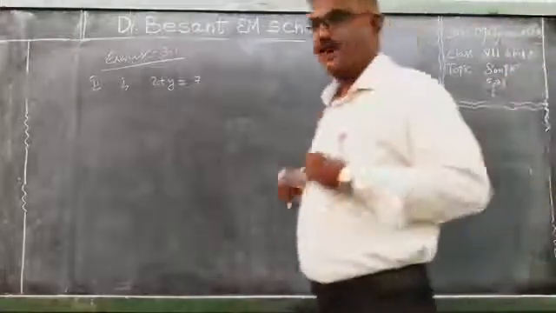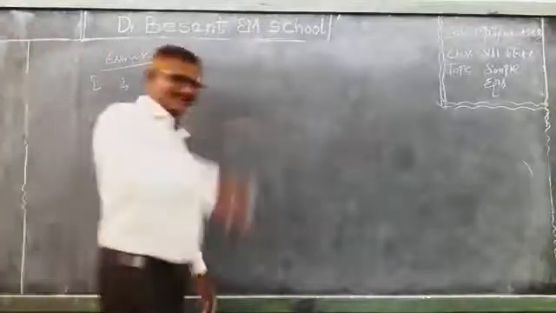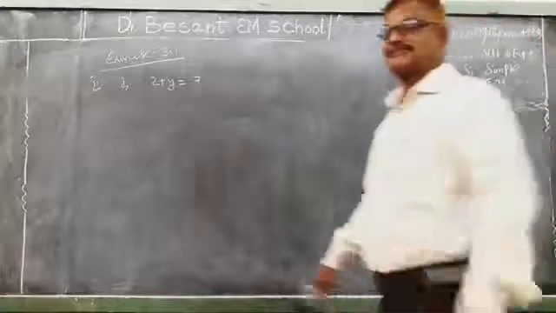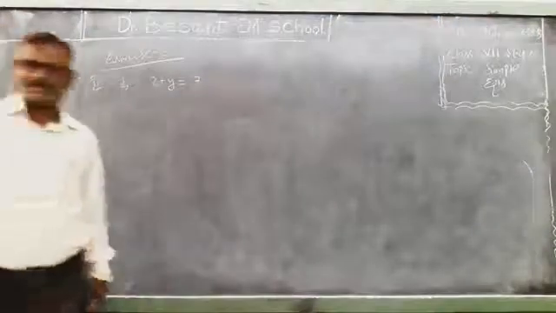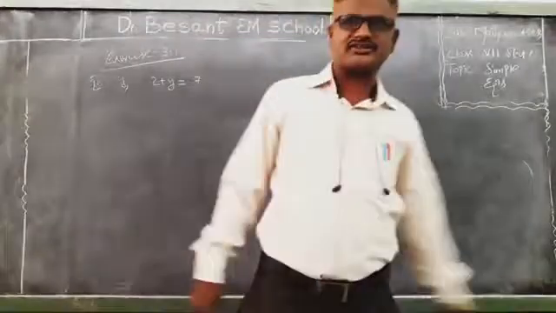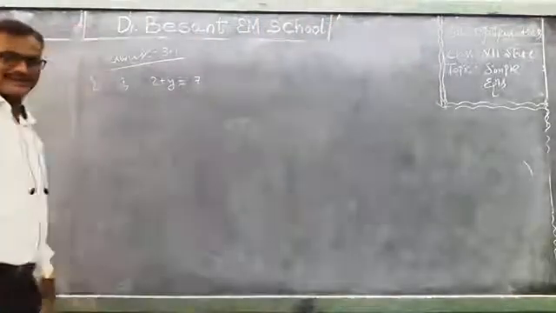We discussed how many methods there are for solving a simple equation. Three methods. What is the first one? Trial and error method. The second one? Method of balancing. The third one? Method of transposing. So the first method we are going to discuss in this second Roman numeral of exercise 3.1. We are asked to solve these equations by trial and error method. Now it's time to discuss what the trial and error method is.